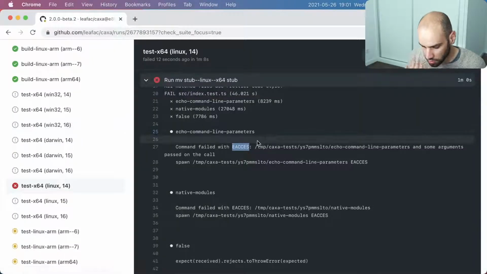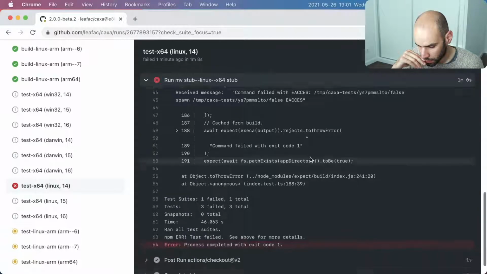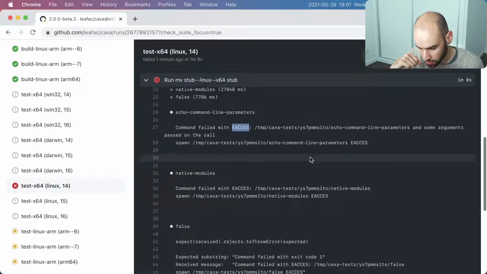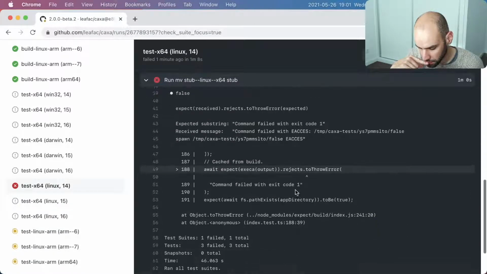So why would this be denied? I really have no idea. And this is not the only test that is failing, so all of them are failing because of permission denied problems.